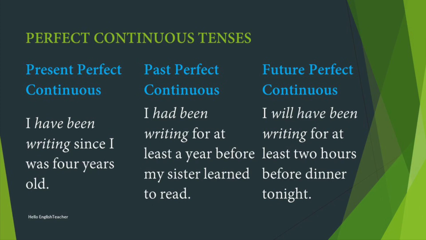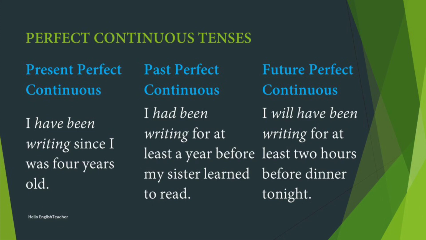Now, when do we use this future perfect continuous tense? It is used to show that something will continue up until another event takes place in the future. So, it can be written in two ways, by using will or by using the be going to form. So, here is one example. You will have been waiting for more than 2 hours when her plane finally arrives. So, you can see the two actions, one is waiting and the other one is the arrival of the plane.